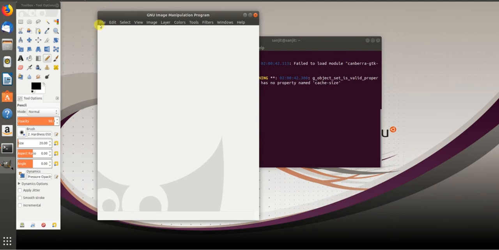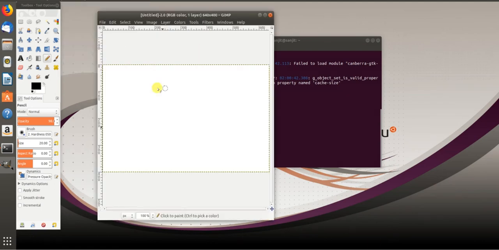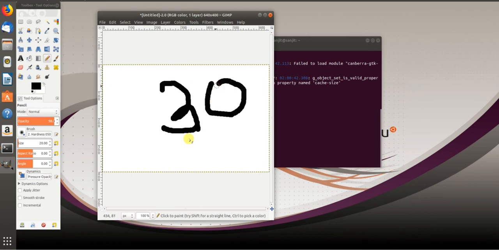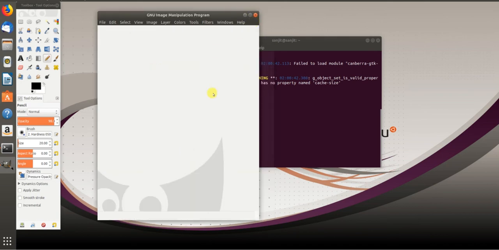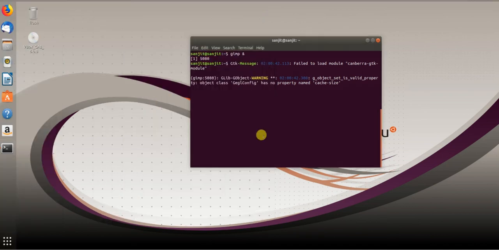Let's say if you want to use it, let me show you, File, New. Hit OK, and it will open a window, and whatever you want to say you can write over here. Anything you can write. This is just the software, I'm just showing you a demo of how it works. Discard the changes. Let me close the software. Hit Control C and come out of it. This is the way we can open the software. I hope the point is clear for you. So yeah, meet in the next class.